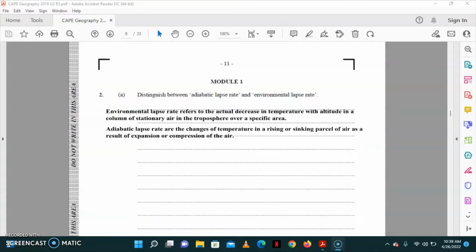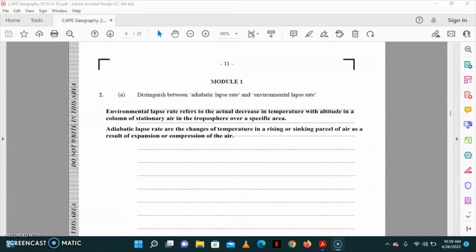The adiabatic lapse rates are the changes of temperature in a rising or sinking parcel of air as a result of expansion or compression of the air. There are two types of adiabatic lapse rate: the dry adiabatic lapse rate and the saturated adiabatic lapse rate. The dry adiabatic lapse rate refers to the cooling of a dry parcel of air as it expands and rises up in the atmosphere at a rate of 10 degrees Celsius for every 1,000 meters of ascent,